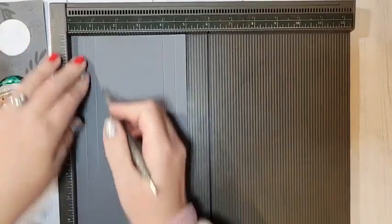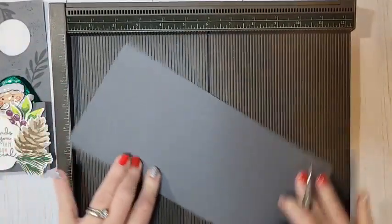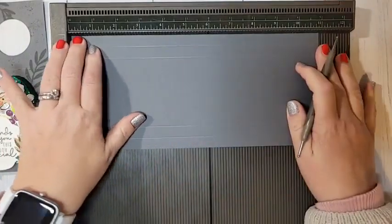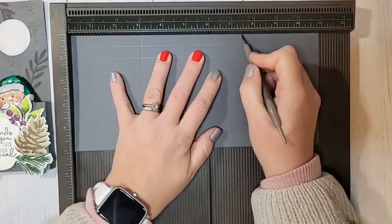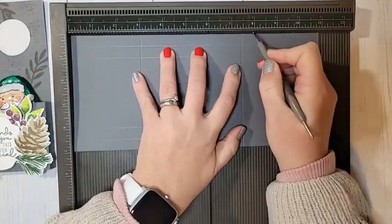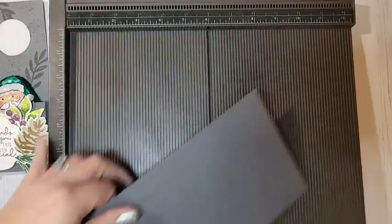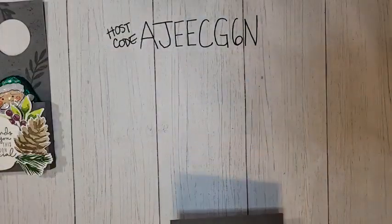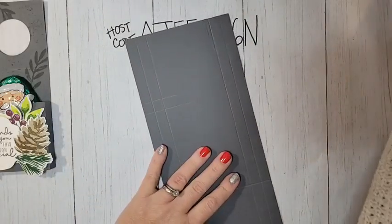Whoop, hold on. My thing skipped a little bit. Make sure that I get that all straight. Okay, now on the 11-inch side, you're going to score it at 3, and that's 7.5 and 8. Okay, we're going to do some trimming, and then we are going to do some die cutting before we fully assemble this. So grab your bone folder